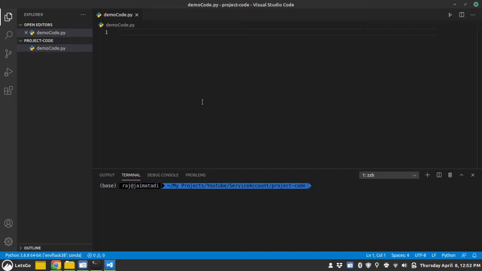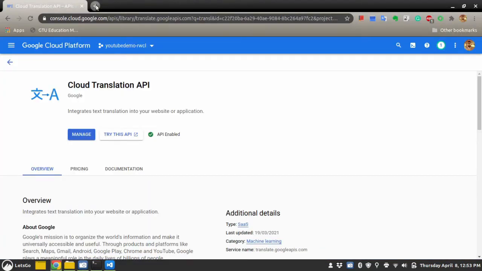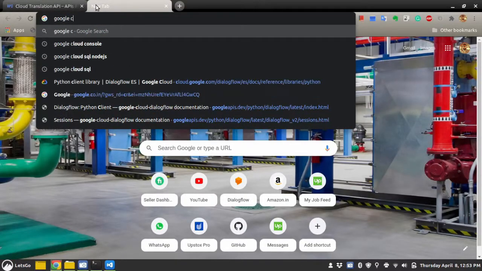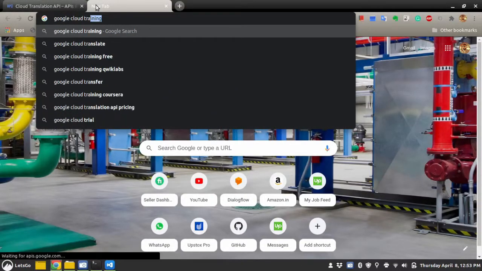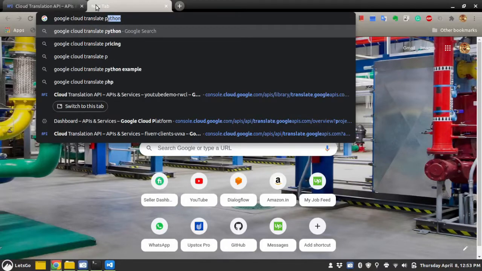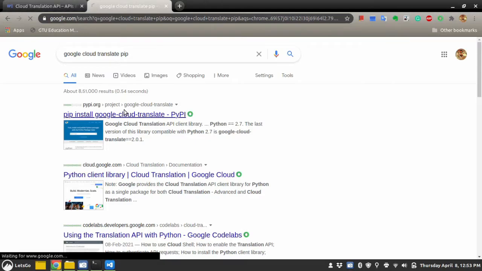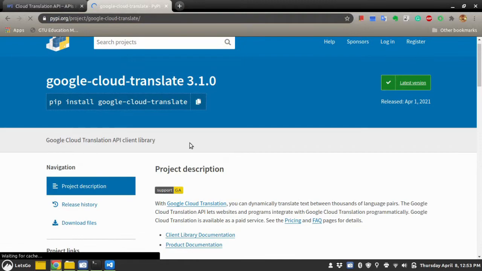For this demonstration, you will require two Python packages. One is Google Cloud Translate, so you will need this.